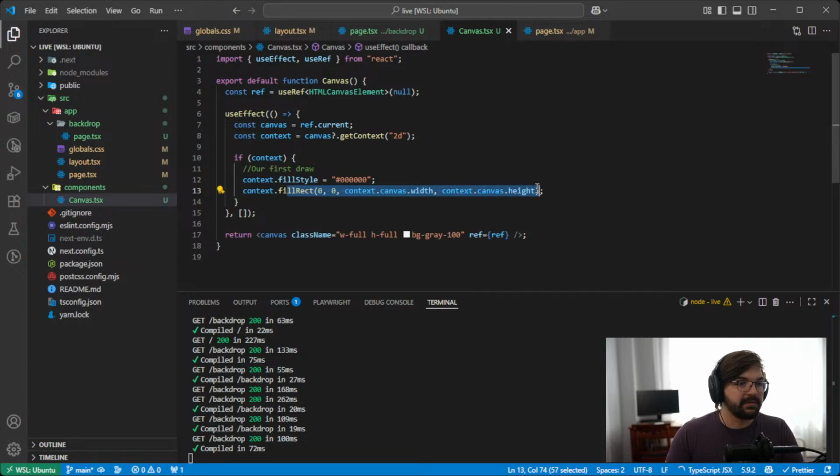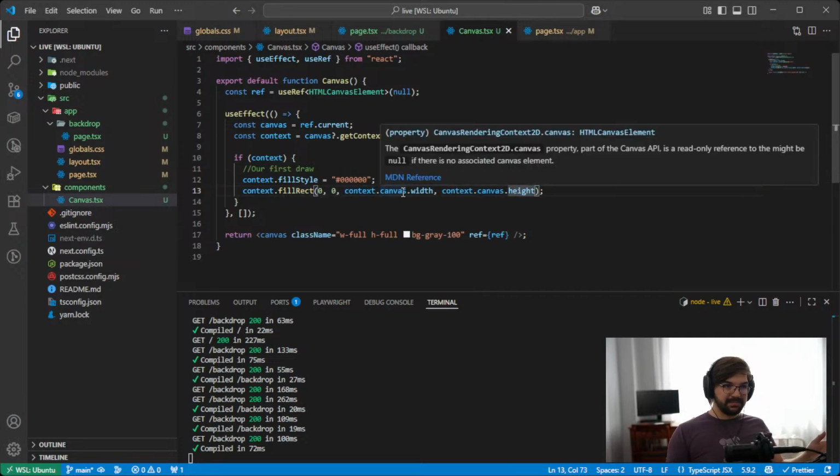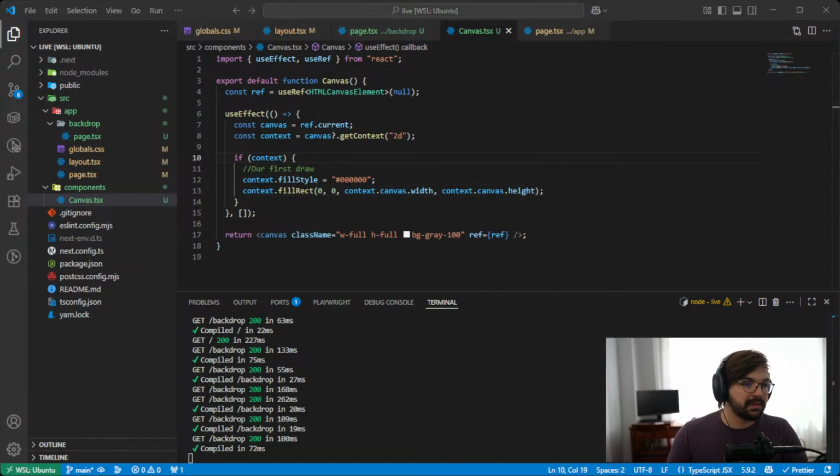We want to fill the entire thing from 0, 0 to the height and width of the canvas. What else do they do with the canvas? Oh, I guess they have props. How do I... Oh, I'm not sharing that screen. It's fine. I want to quickly do some Googling while you stare at code, I guess. I want the canvas to always fill the width and height of the screen. I want to quickly Google how to do that because Stack Overflow is your best friend. I guess I also have Copilot I could use too, but